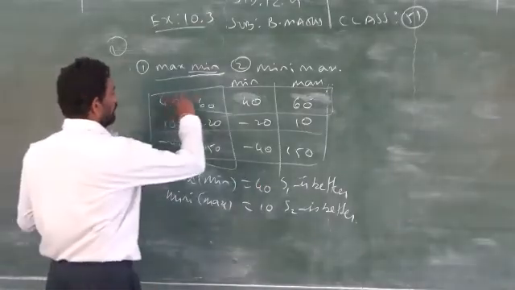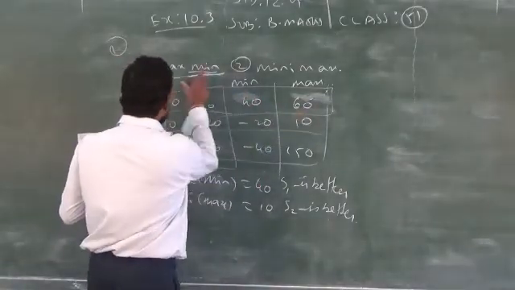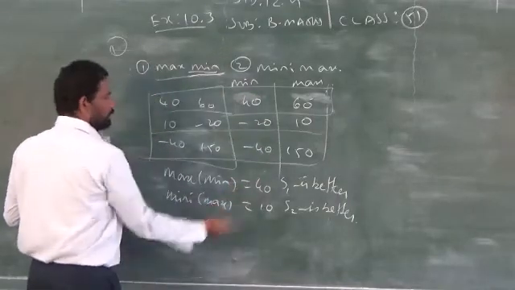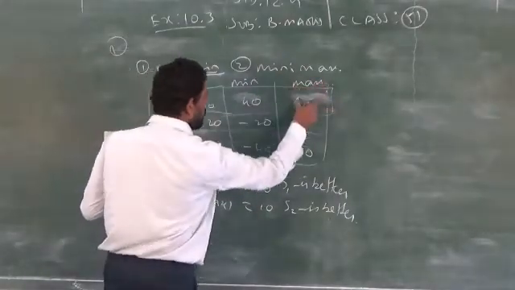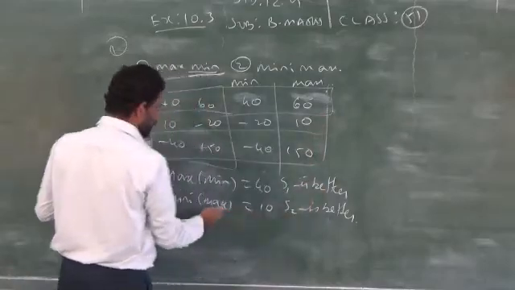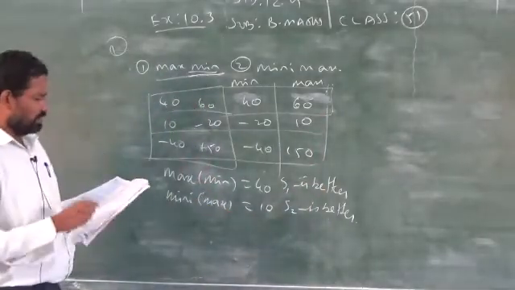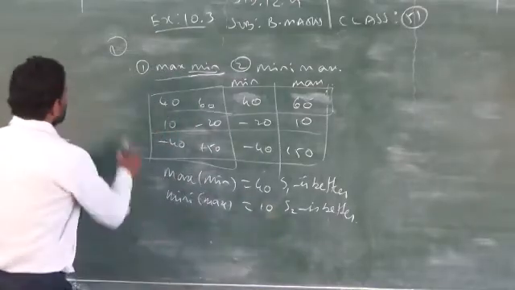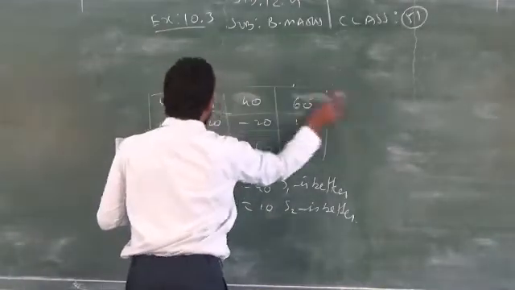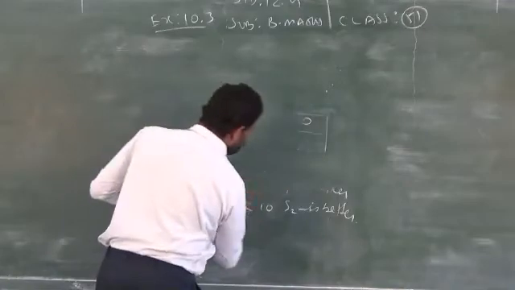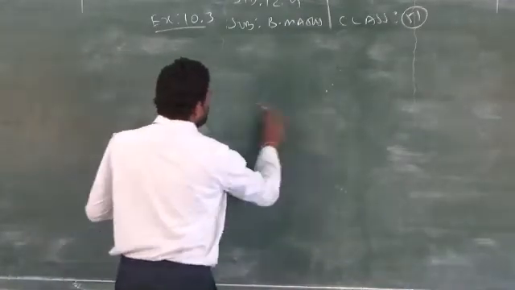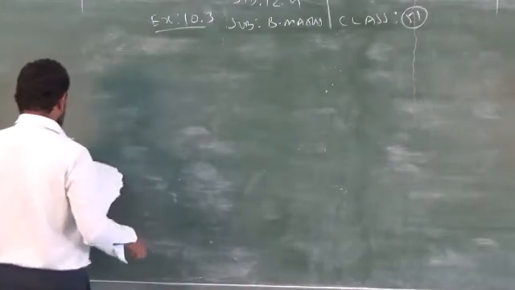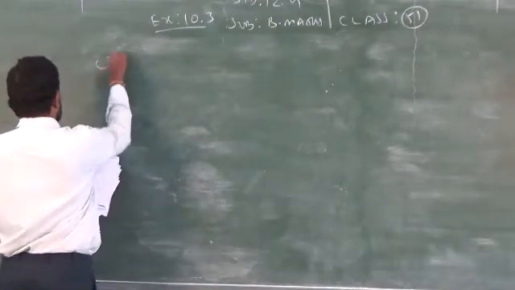So you have to find the minimum value and maximum value. Then to find the maximin, what is the maximum value in the minimum column? Write down the answer. Similarly for minimax, under the maximum, you take the minimum value, and you write the corresponding strategy, whether it is better or not. Clear? So next sum. Only 4 problems, we will complete them today itself. I will teach assignment 10.2, the assignment problems, in the next class.